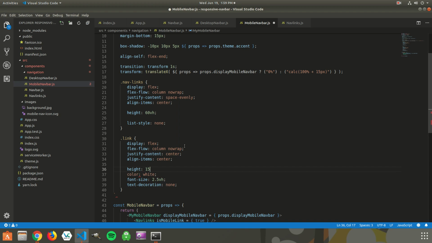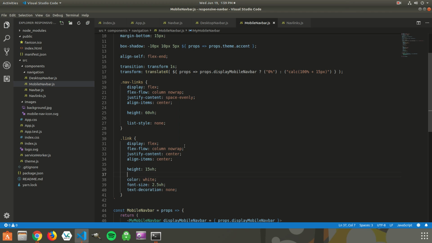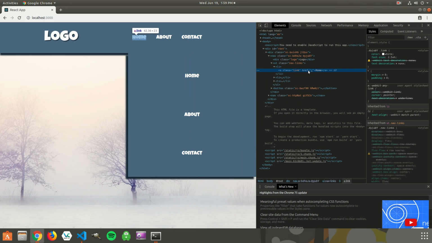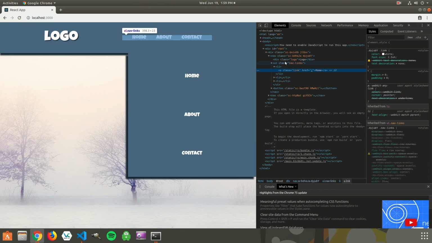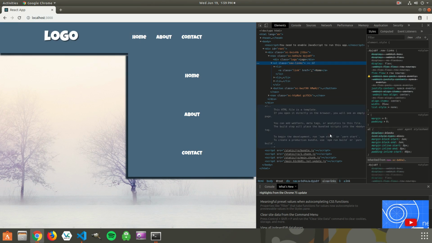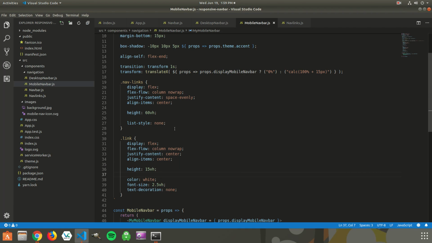I want it to be the same height as the navbar. Nav links. Do I need to make the nav links also that height? Not the nav links, but